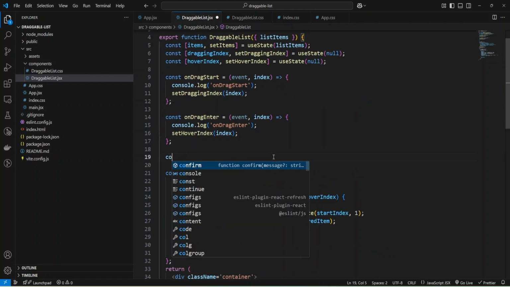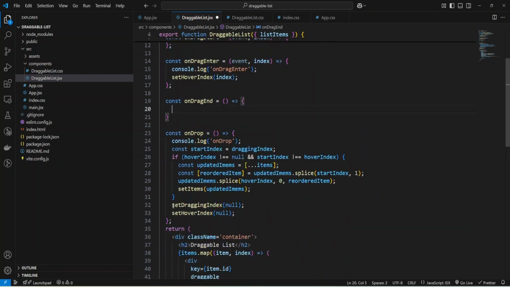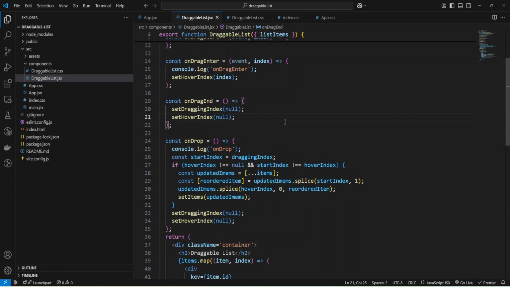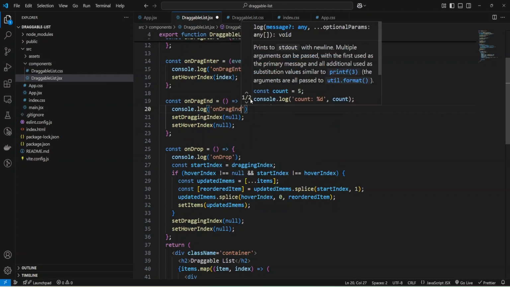And let me do it: const, and provide the function, and I'll just copy paste this code. And also let's do a console log to check this event.